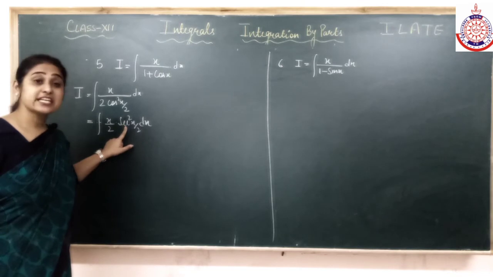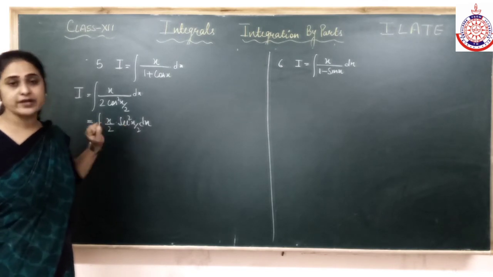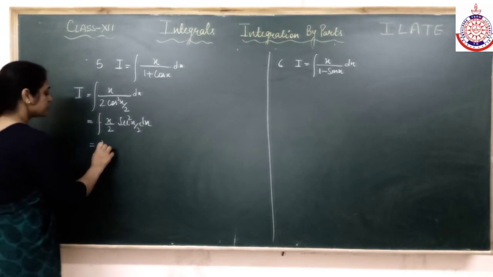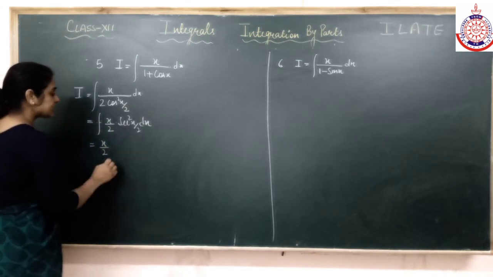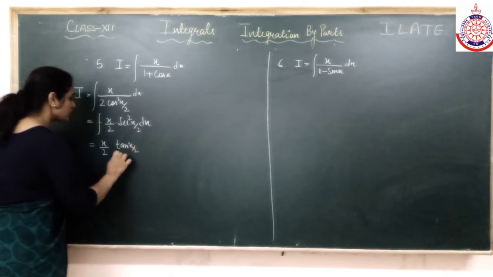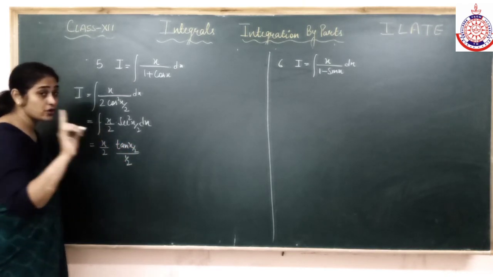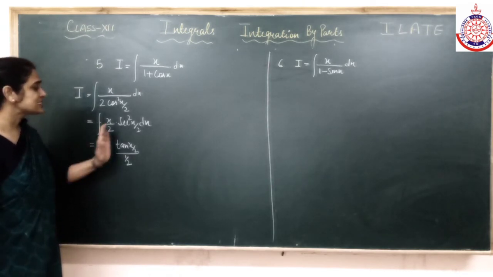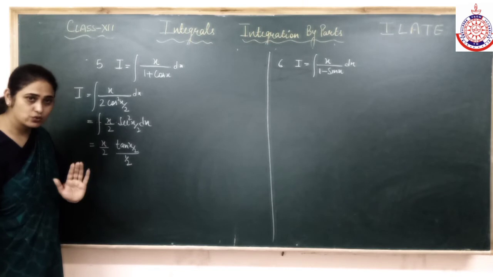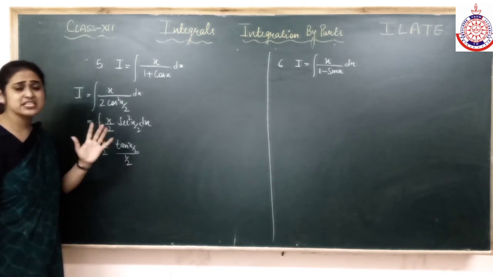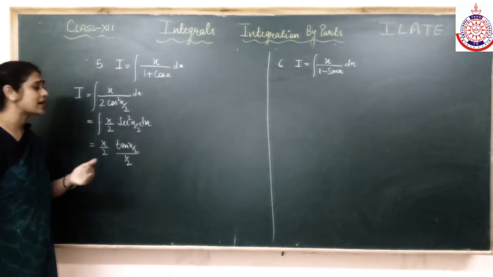Do we know the integration of secant square? Yes, we know it. Secant square की integration क्या होती है? Tan. Alright. So the first function as it is, integration of secant square, that will be tan x by 2. But x का जो coefficient है, that comes in denominator. Do not forget these small steps, children. That's very, very important. Secant square की integration tan x by 2 और x का coefficient will come in denominator. That we have done many a time by substitution method. So now we are doing it directly.